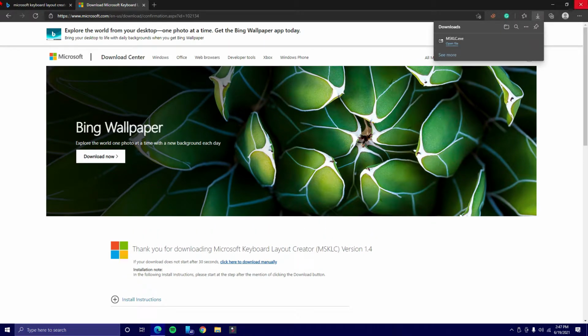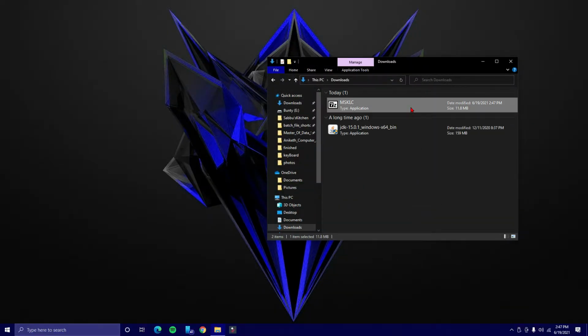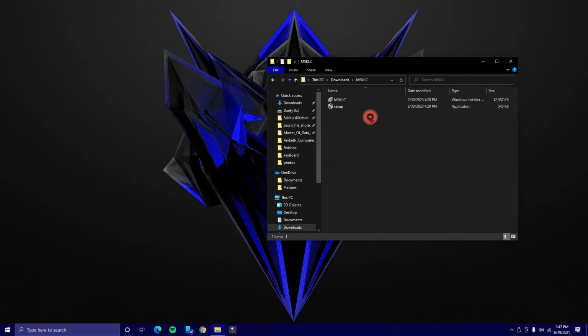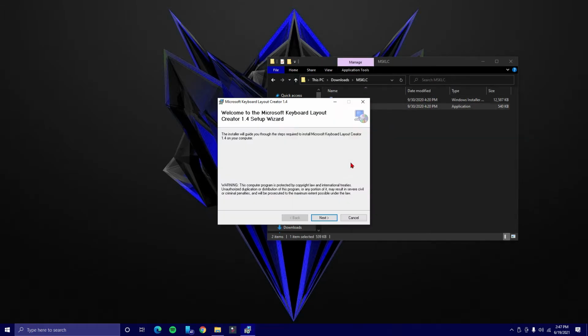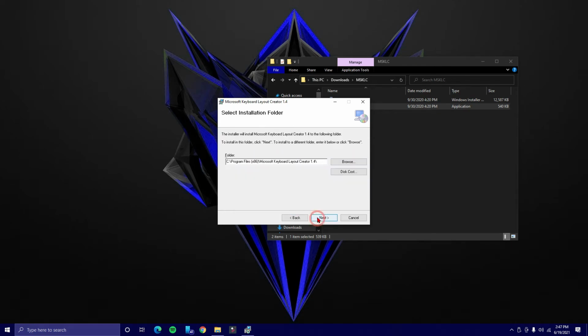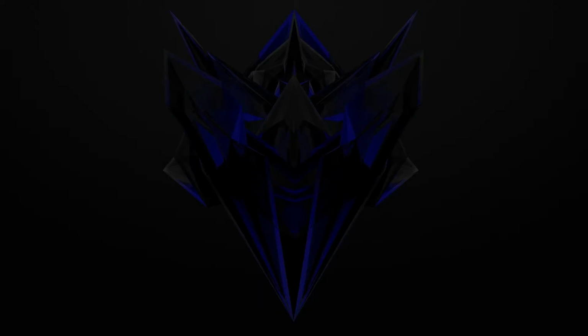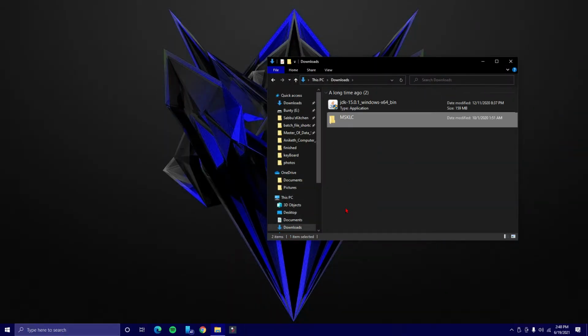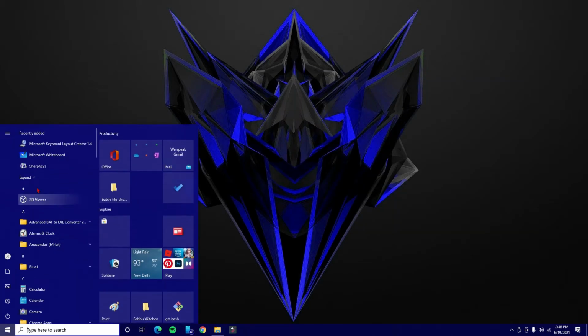Once the download is finished, open the file on File Explorer. Click on extract and delete the original file. Open the extracted folder and use the setup file. Click next and agree to the terms. You can change the app path, but I suggest you leave it there. Click on next and finish. Click on yes to the changes permission. You can now delete the setup folder. Click on the Windows button and open the app from the recently added section.